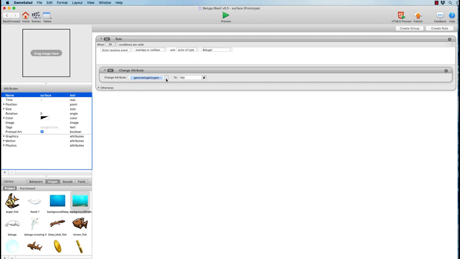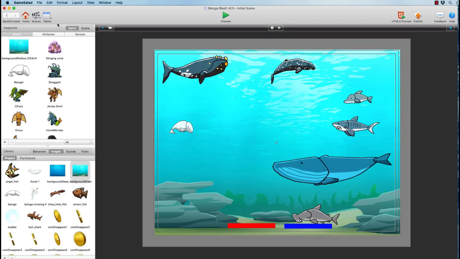That's our global beluga oxygen variable, and it will put it back up to 100. So the idea here is if we put this transparent surface object up at the top of our scene, we should be able to have the beluga go back to the surface here.